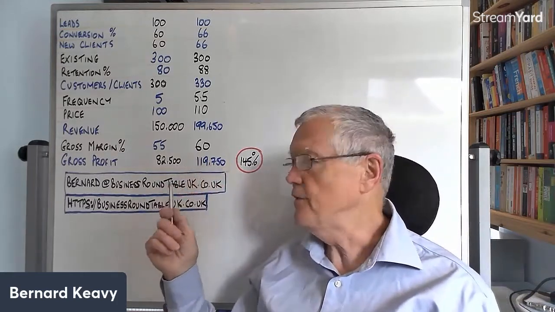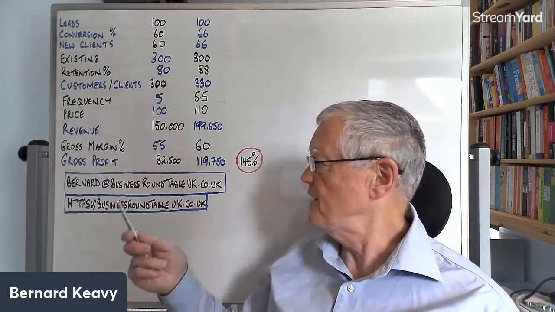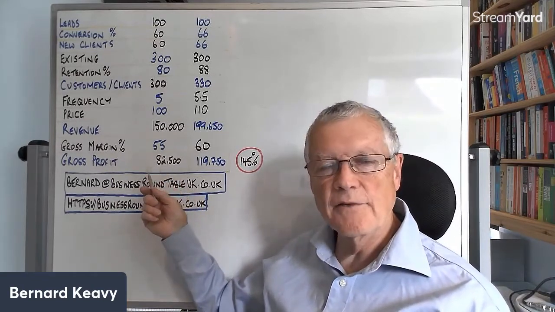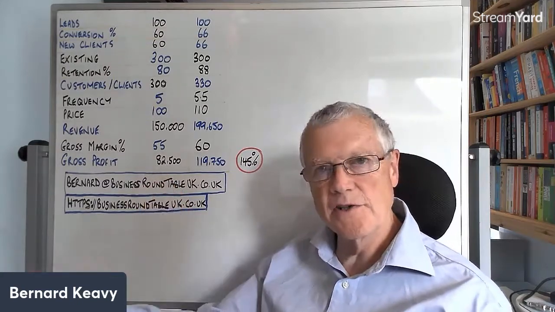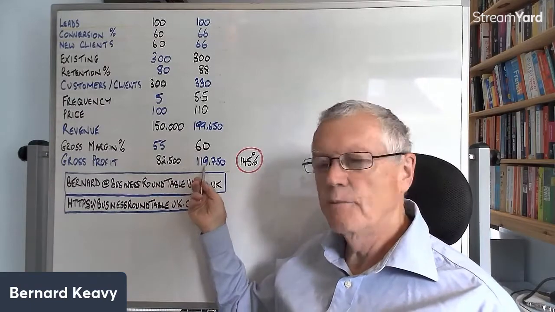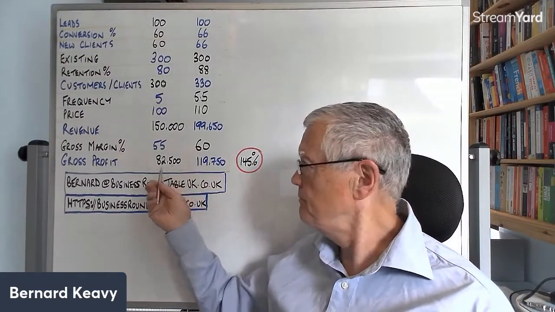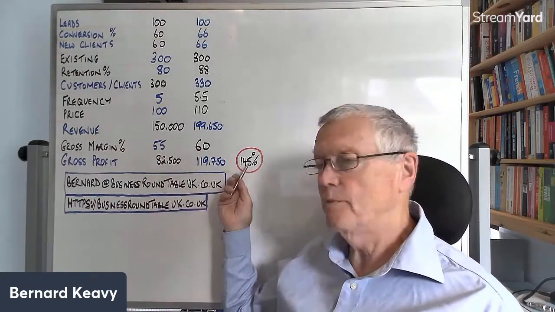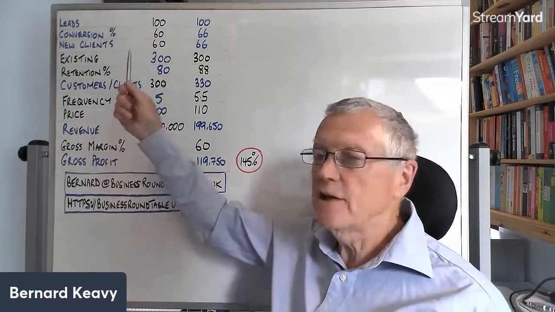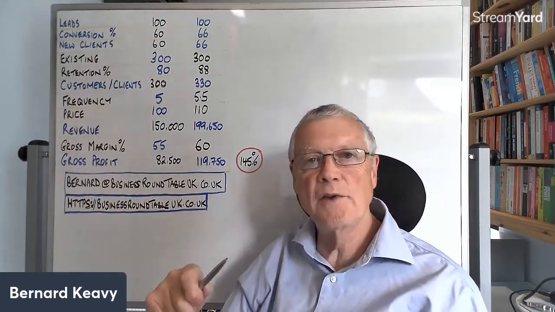Now, bear in mind, if we had 40,000 of other overheads like wages, salaries, rents, etc., then our bottom line would go from, instead of 42,500, i.e. 82.5 minus the 40, it would go from 42.5 to 79. So again, your bottom line would double, so your gross profit's gone up by 50%, your bottom line profit would actually double. So you can see that making a few small improvements across a few different variables, which are